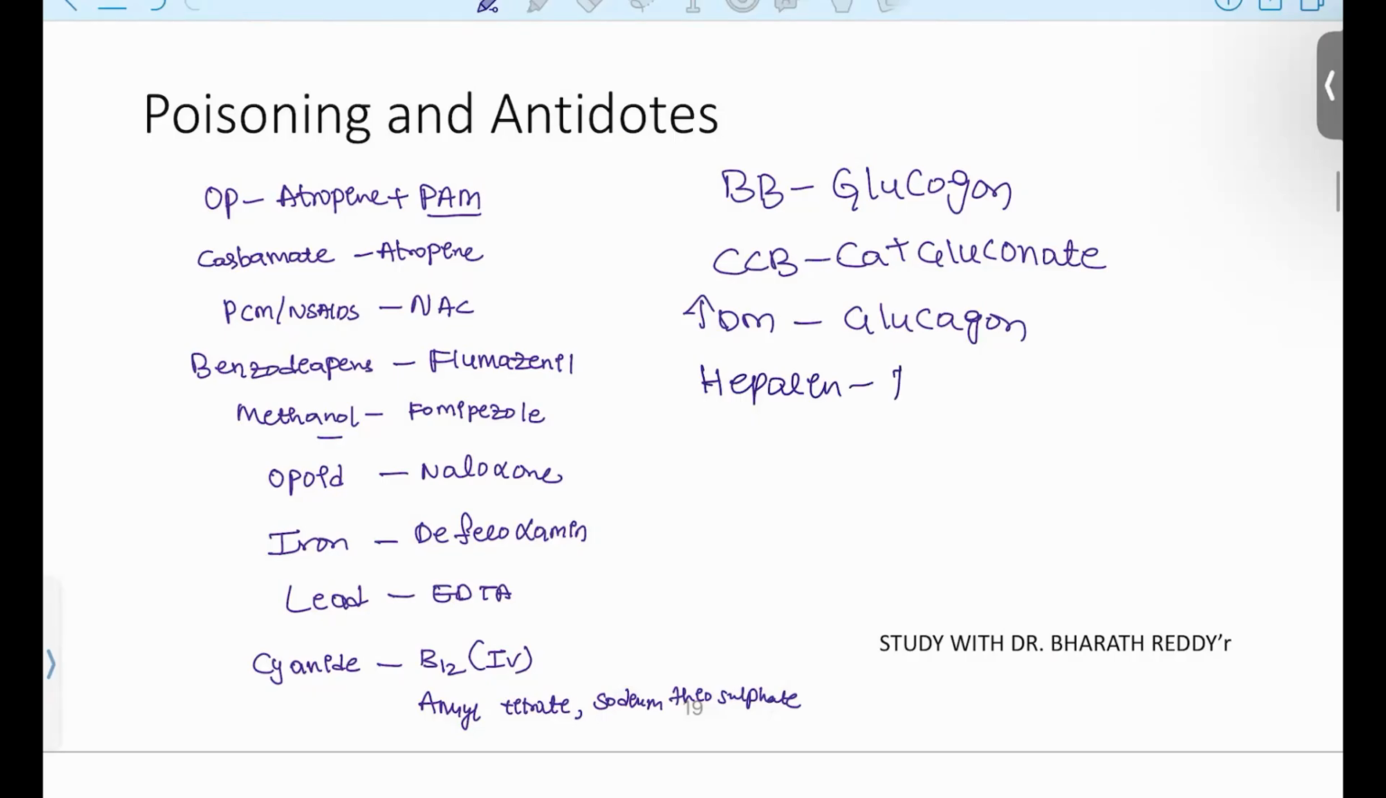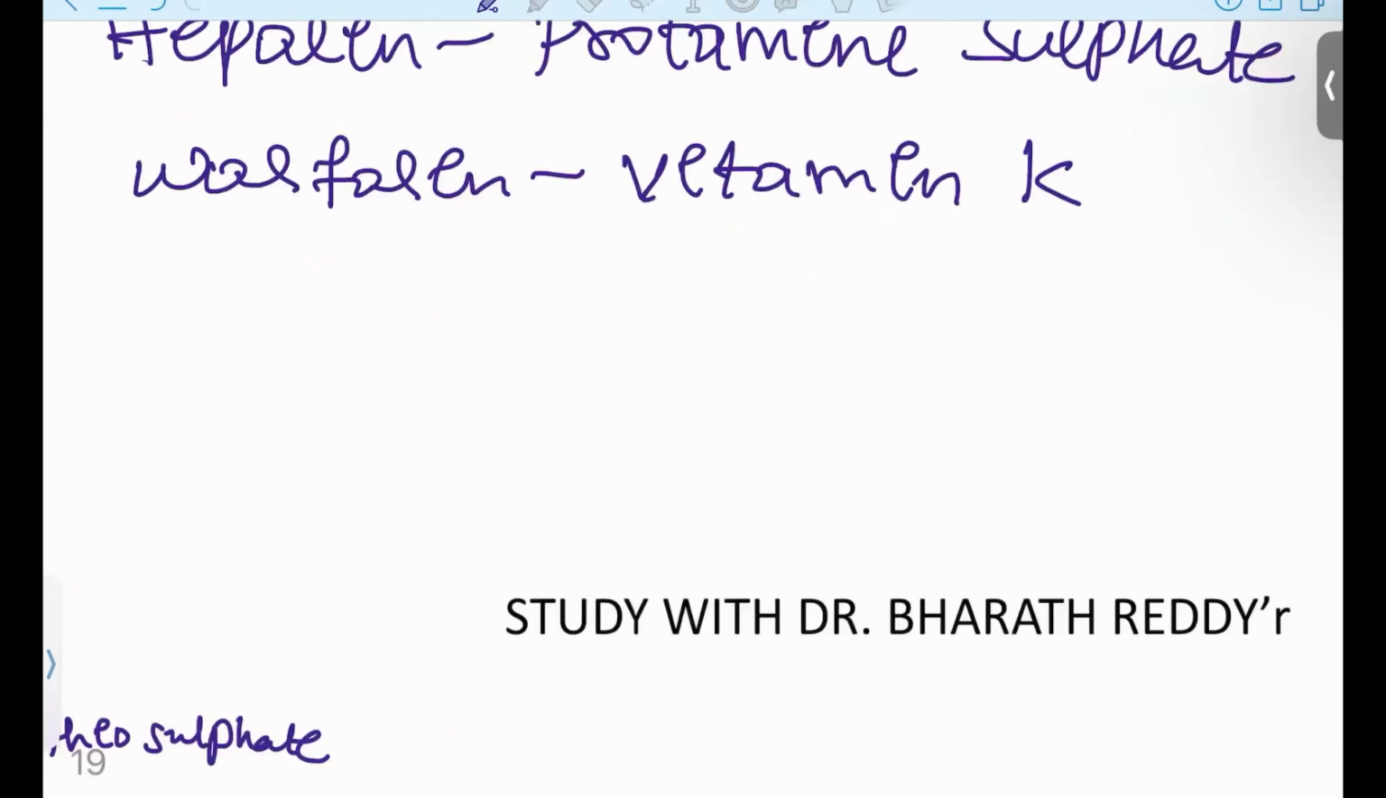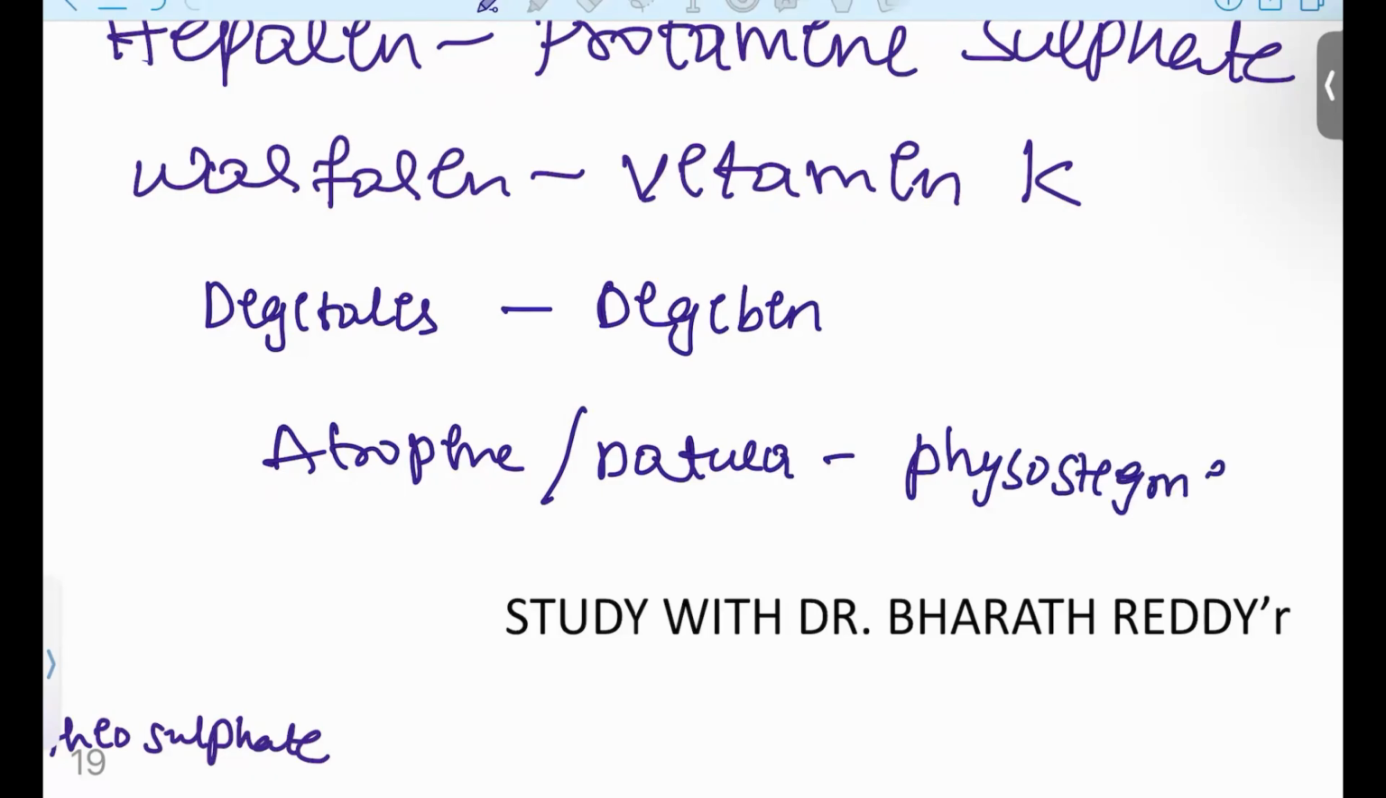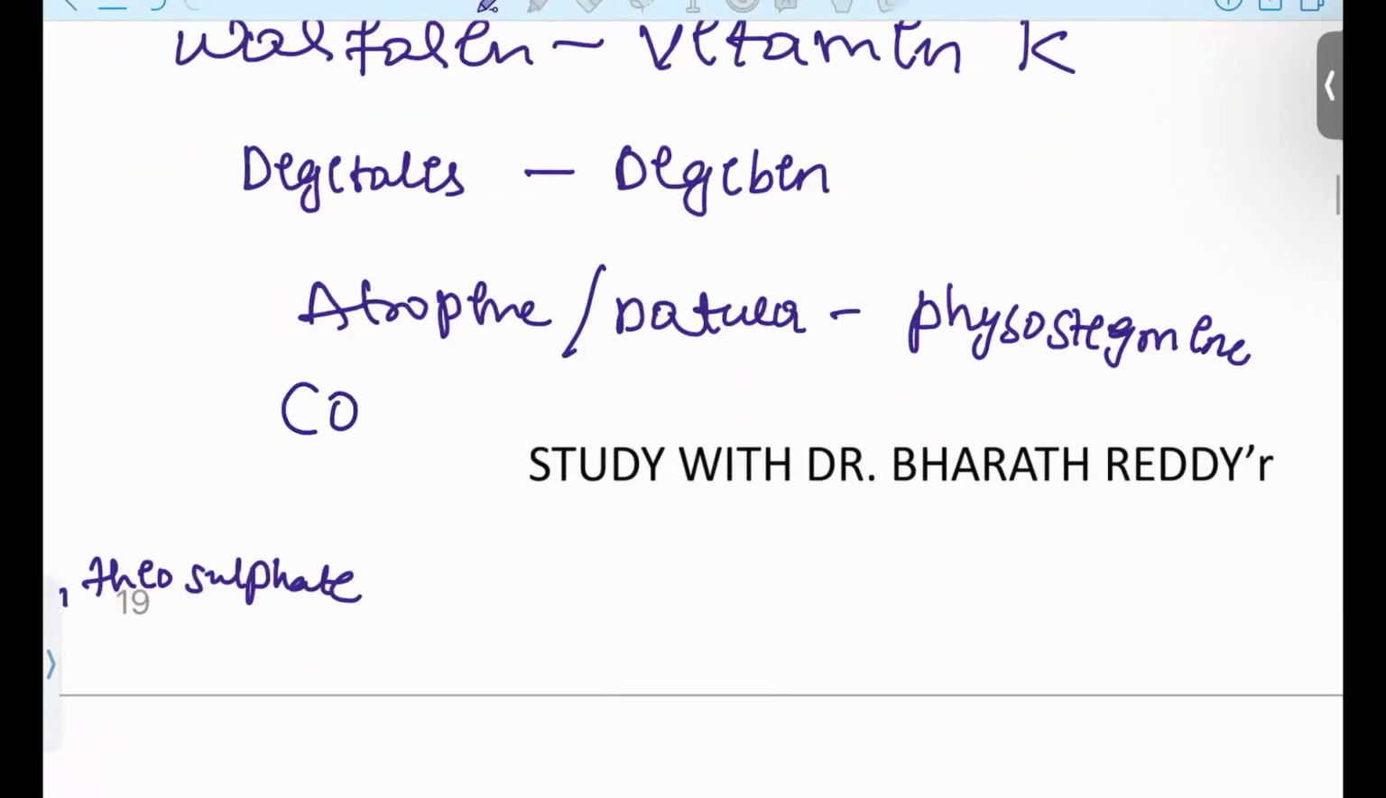Next, patients having heparin toxicity. For this, we have to give protamine sulfate. Warfarin, we have to give vitamin K. Vitamin K for this patient. Next, those taking digitalis, digitalis toxicity, we can give digibind. For atropine or datura poisoning, you can give physostigmine. And those having carbon monoxide poisoning, hyperbaric or 100% O2 therapy is